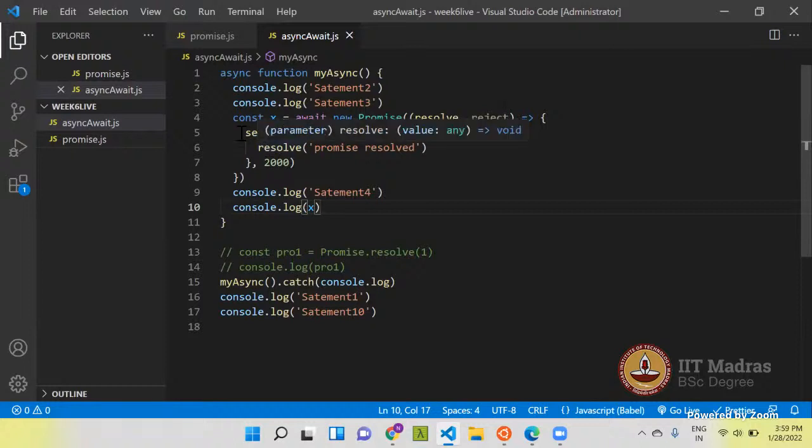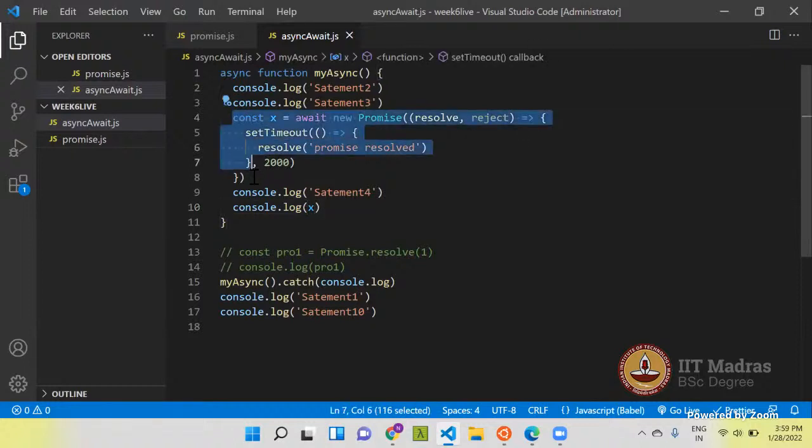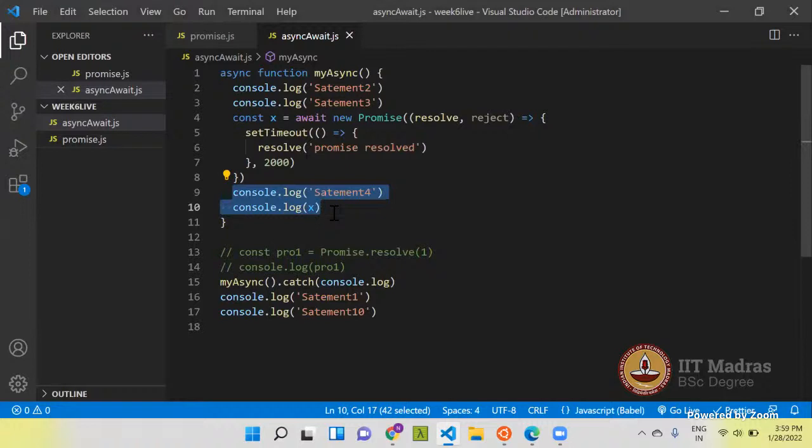So whenever the control comes here, this statement is now asynchronous, and it will wait till this promise is resolved or rejected. The control will not go after this line. This line will not be executed until this is settled.